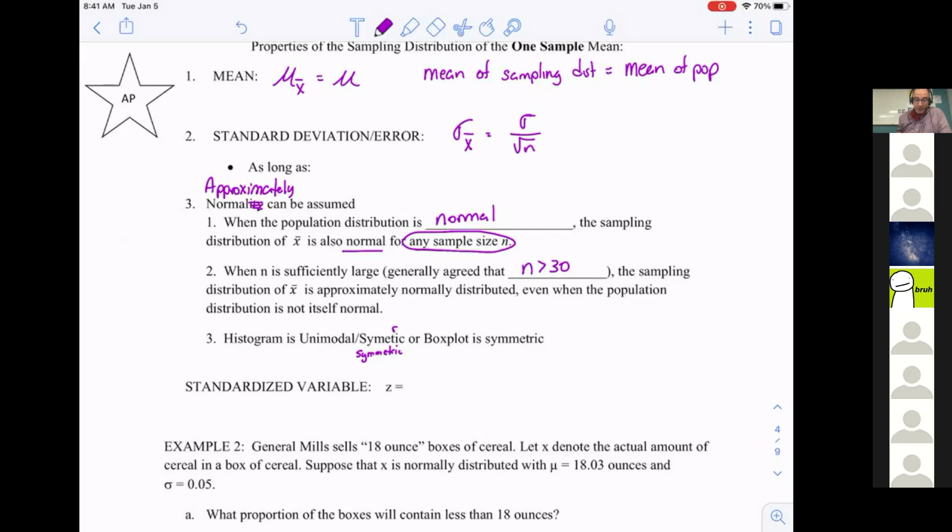So now we can actually go back and do a z-score, except my z-score is going to be my sample mean minus the population mean divided by my new variability, but my standard deviation now becomes this. Okay. So that's what's different about what I'm doing. And if we write what all these things are in here, my x bar is going to be my sample mean. My mean mu is going to be my